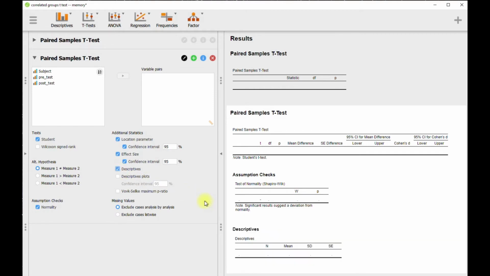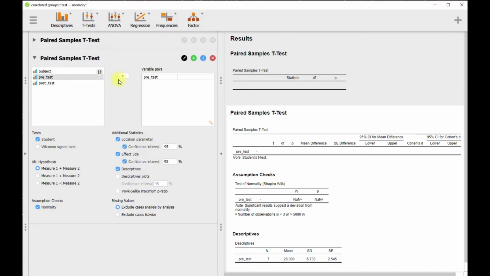And then we'll click on descriptives. I'm going to skip descriptive plots for now, and we'll go up here and now just select our variables. Now we're going to be comparing pretest scores to post-test scores, and we'll keep it just the way it was in the handwork. So we're going to click pretest first, and then we move it over. And you'll notice that this sort of grid shows up. So one of the variables is already over there, and now we need to do the other one, which is